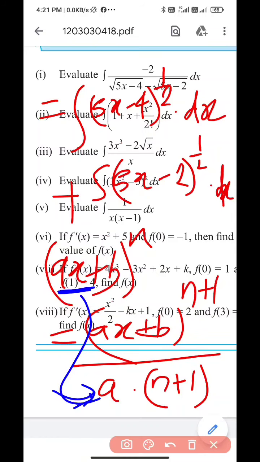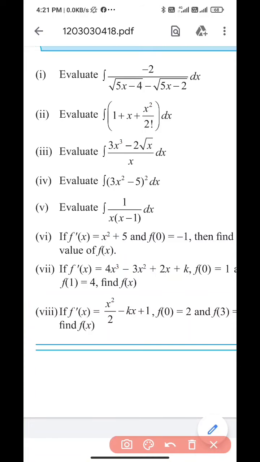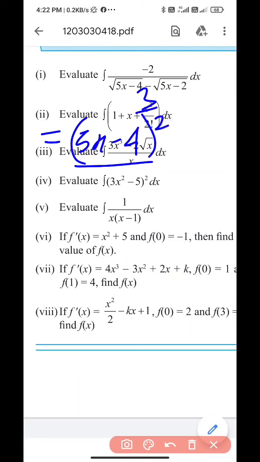Okay, so by integrating this, we are going to get 5x minus 4 whole raised to 3 by 2, because n was 1 by 2, and 1 by 2 plus 1 is 3 by 2, and the same power we have to divide here, and multiplied with the coefficient of this x, that is 5,